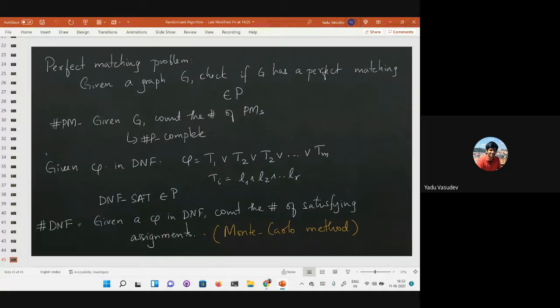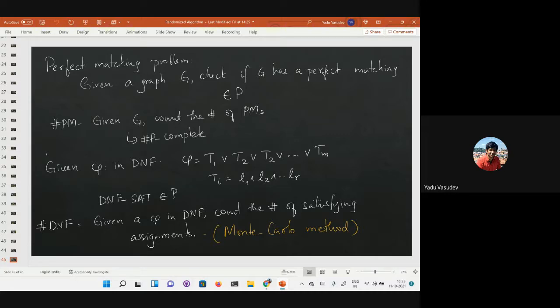It's very efficient, because all you have to check is that at least one of the terms in the DNF is satisfiable, and a term is satisfiable precisely when it does not contain a literal and its negation. So you just go over each term and check whether a literal and its complement are not both present in it. If you find at least one such term, then you know it is satisfiable.